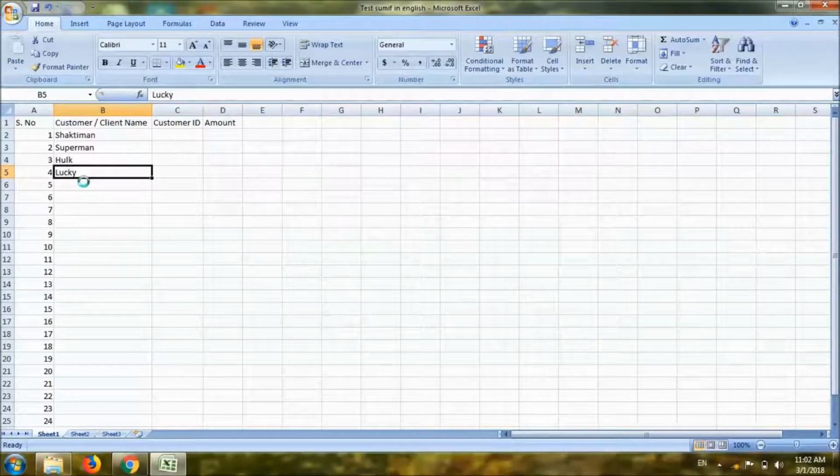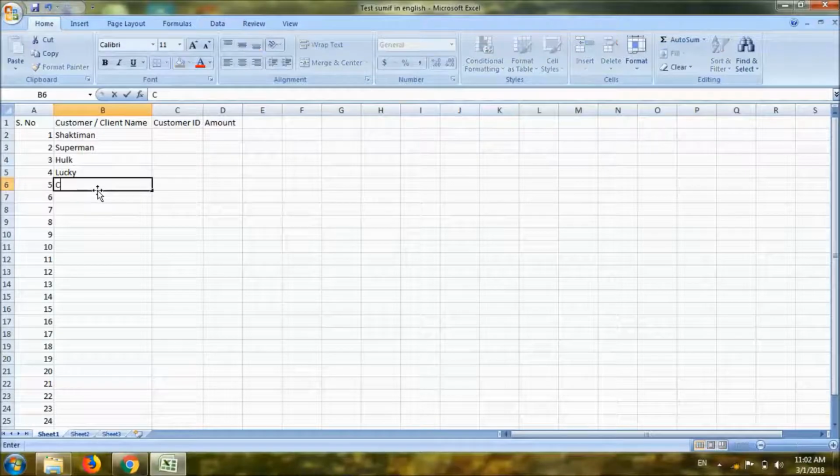Control S. We'll have to do it regularly while working, or after some regular interval, so that in case we close this file, we'll not lose our data or the work we have done in a particular file. So friends, I will always say that whenever you are working in any Excel file, after a few minutes or any regular interval, always press Control S to save the work that you have added in a particular file. That's it. Okay, Superman, Lucky, Hulk, and then we'll mention Kong